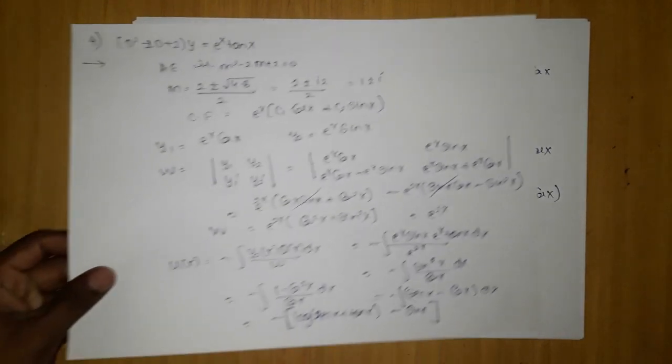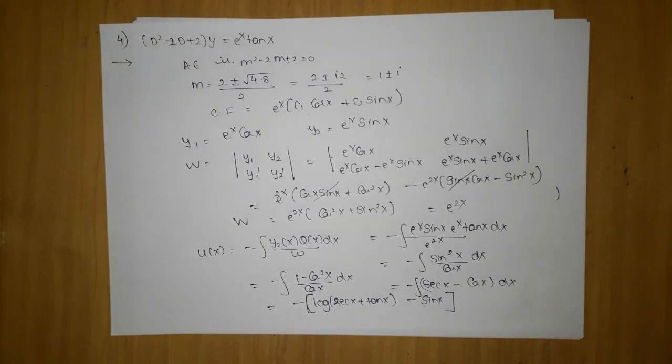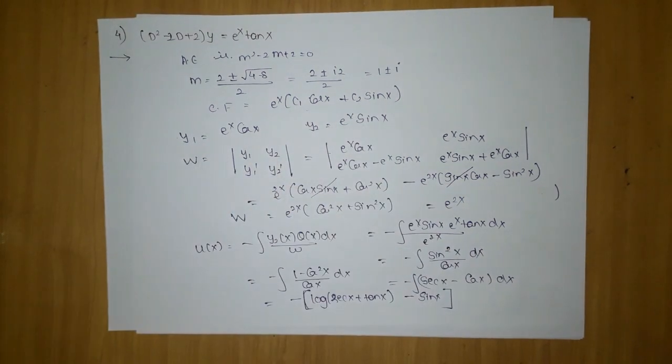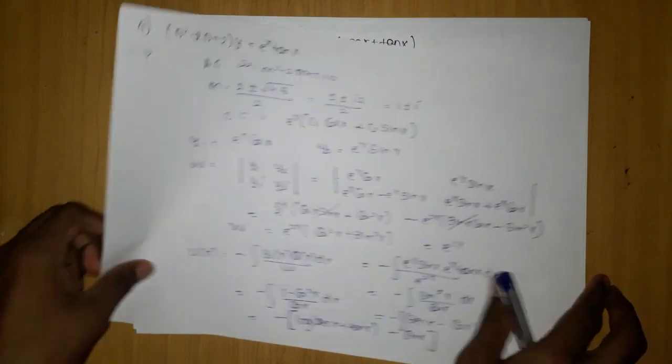Hope you understand what was the trick part here. Whenever e to the power x, or e to the power nonzero x, appears, you have to multiply and then consider the y1 and y2. Rest, here there will be no situation of having different assumptions for y1 and y2, so we are not going to discuss that case. Okay, now let's move on.